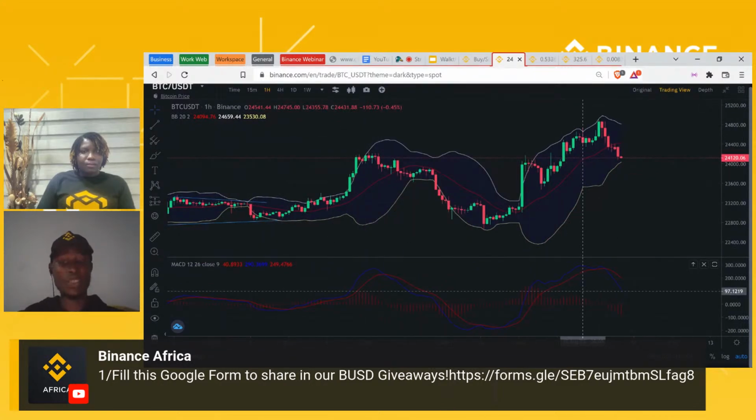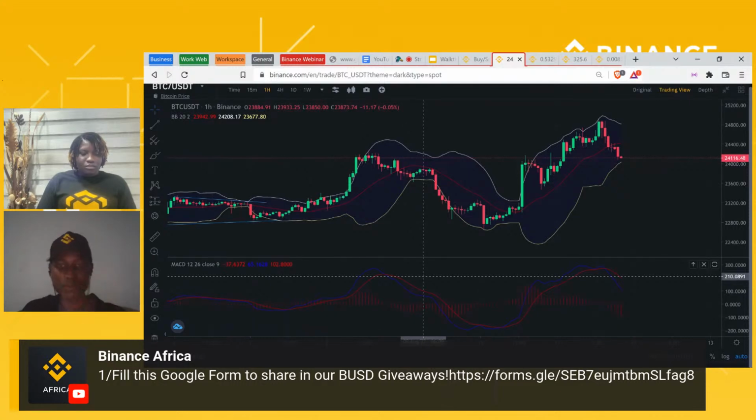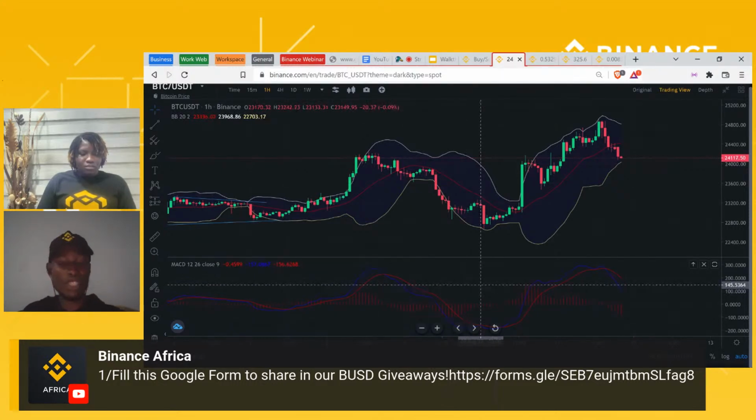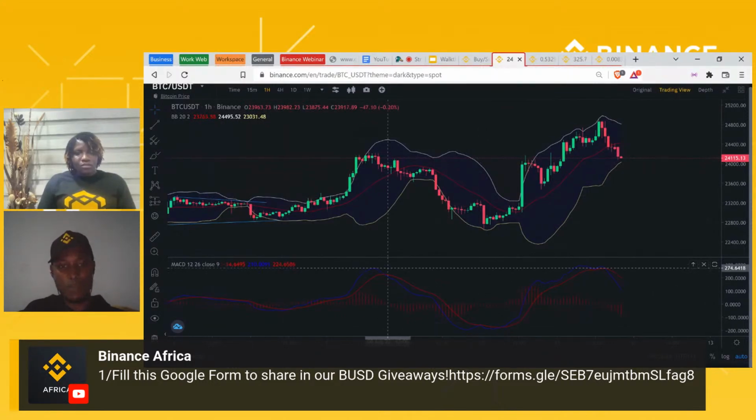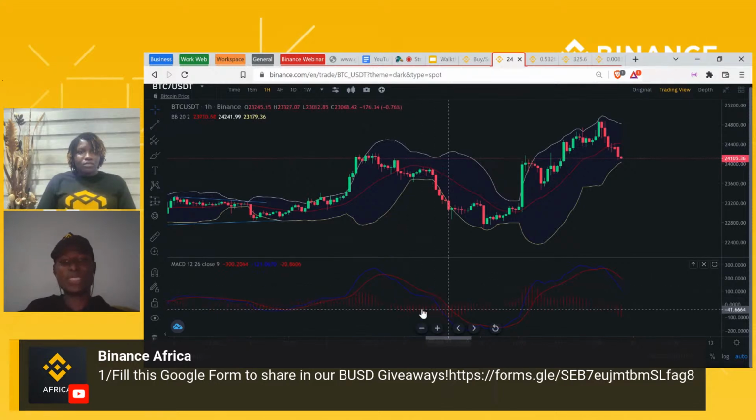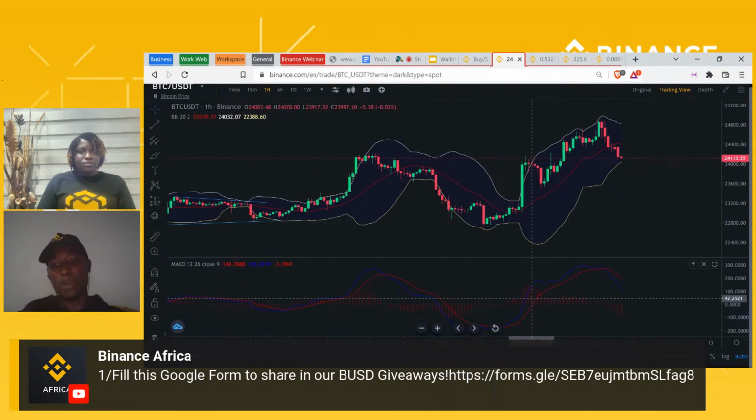MACD consists of the MACD line and the signal line. In essence, the MACD line is the shorter period line, which is the 12 period moving average, and you have the signal line, which is the longer period, the 26 moving average line. So basically, when the short period moving average crosses under the longer period moving average, then you tend to be in a bearish direction. But when it crosses over and goes above the longer period moving average, then you're probably